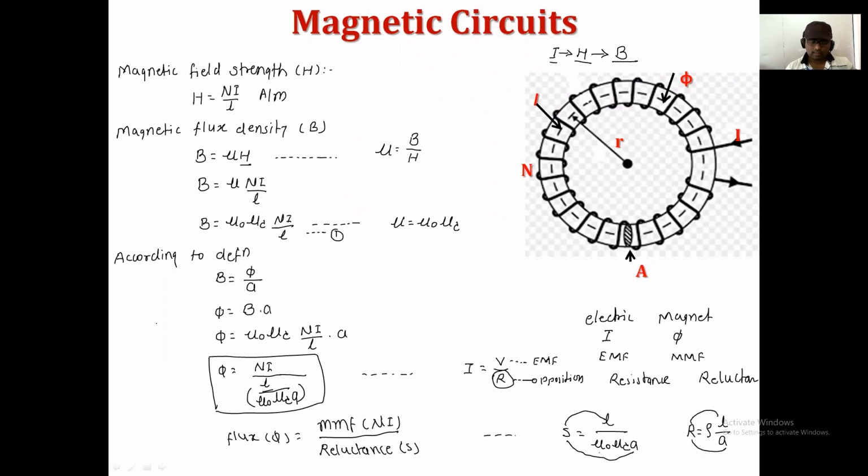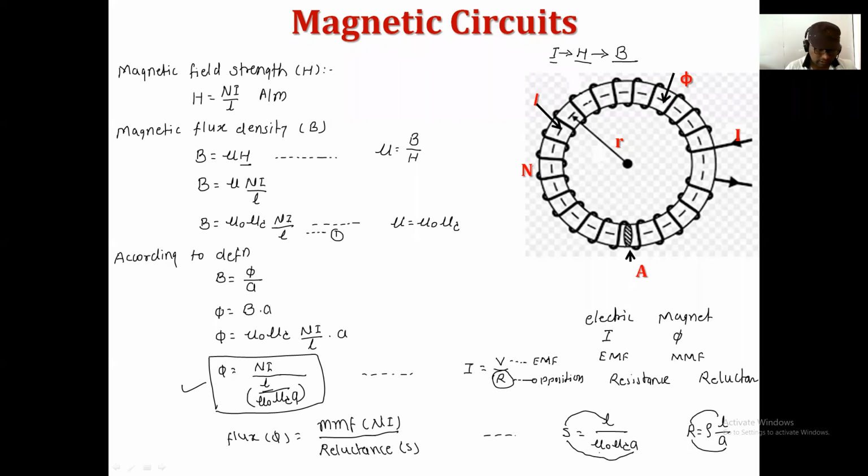That's why I call this a basic formula. There I don't say Ohm's law, because it is not given anywhere in the textbook like that. I am saying Ohm's law only for our understanding. Now I say that this is the basic formula in the magnetic circuit, which is nothing but phi is equal to MMF upon reluctance. Get it, my point? Yes or no? Yes, sir.